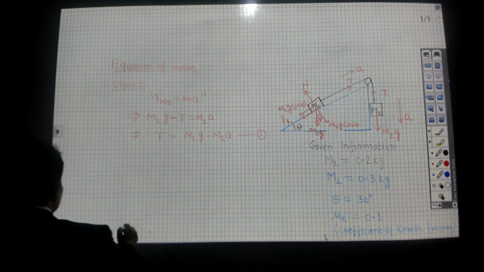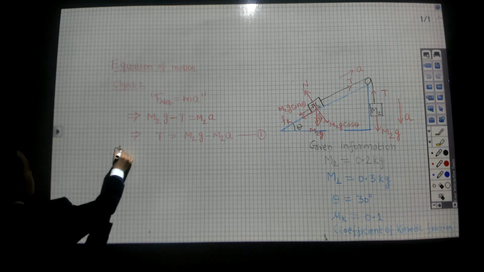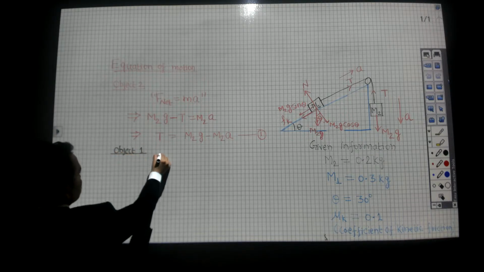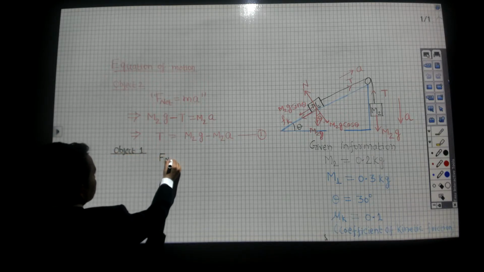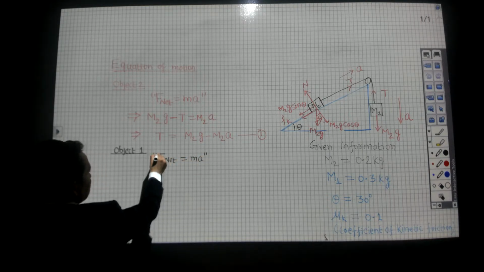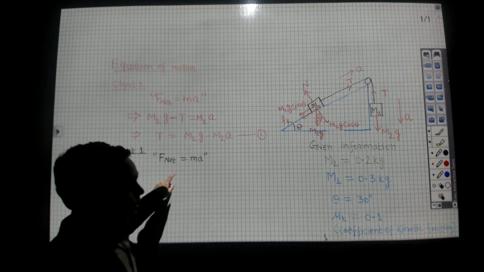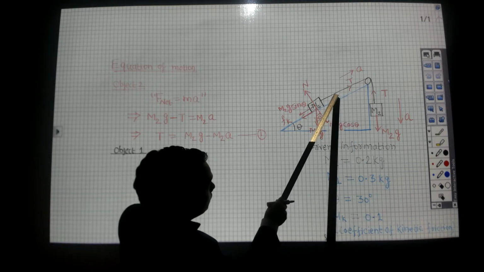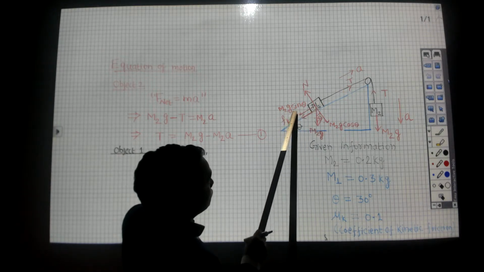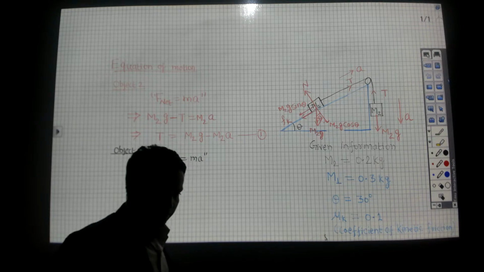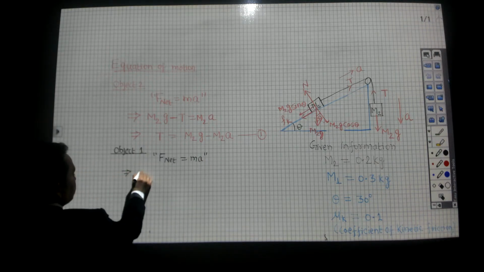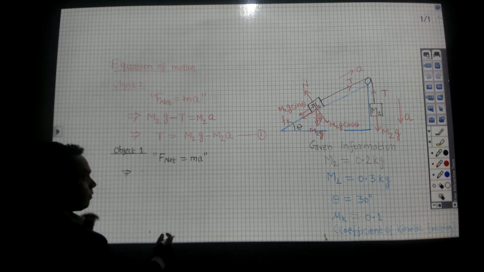Now for object 2, object 1, again, I'm going to use Newton's second law of motion, which is force equal to mass times acceleration. All right, so what are the forces here? You see, one force is F, the tension, and there are two other forces. One is the m2g sine theta, and the other is the friction force. So the way I can write this equation is, I have to calculate all the forces along the direction